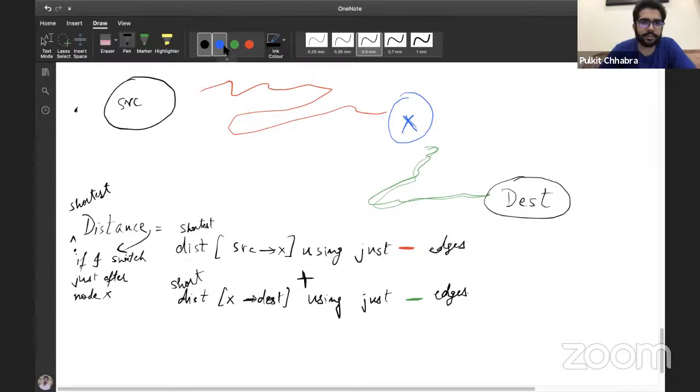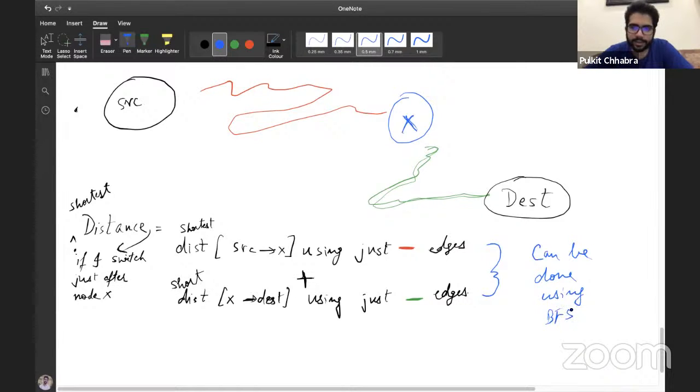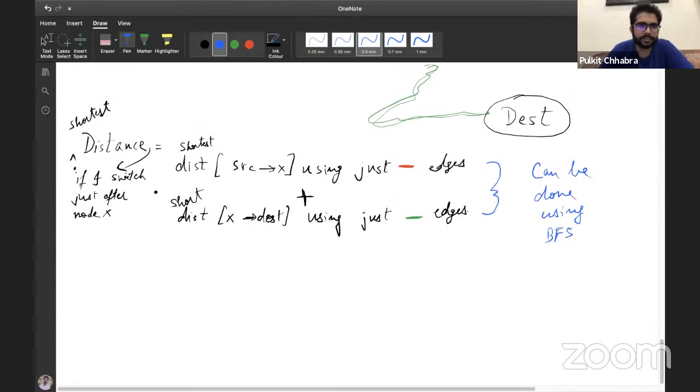So calculating these is not that tough. Can be done using BFS. Just tell me this thing. If I iterate over each node, right? Let's say I have this value for each node, using just red edges.